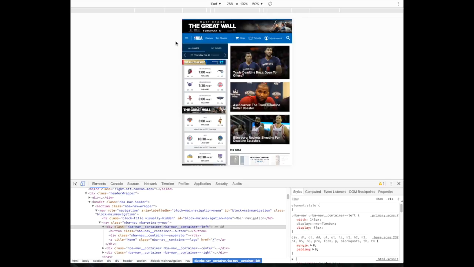But again, the goal is always to test it on the physical device, because I have seen errors before. In the emulator, it was displaying correctly, but on the actual device, there were some alignment issues and so on. So whenever you have a physical device, go test it on the physical device. But if you don't have the physical device, or whatever the nature of the project, if you just need to use the emulator,